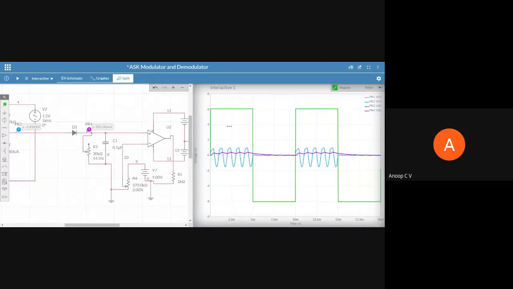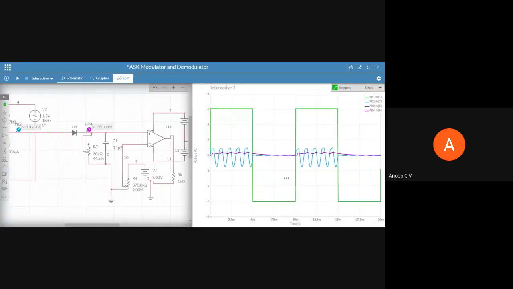At the receiving end, we will sample the received signal exactly at the midpoint of the bit duration. At that time, if the value is greater than 0, the detector will decide a 1 was transmitted, or else it will decide a 0 was transmitted. So we should convert this envelope detector output into a square wave. For that, we'll be using a comparator.